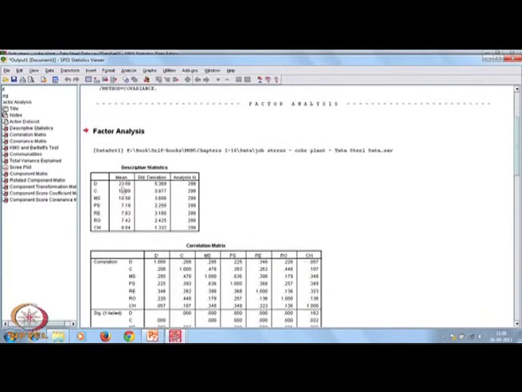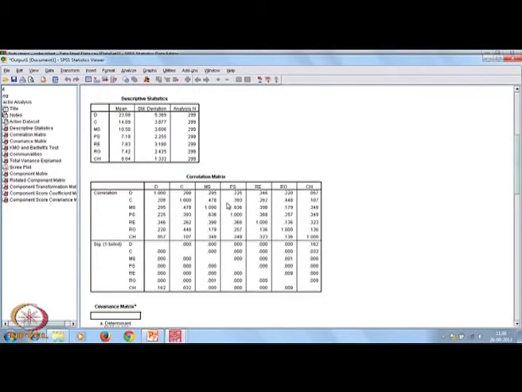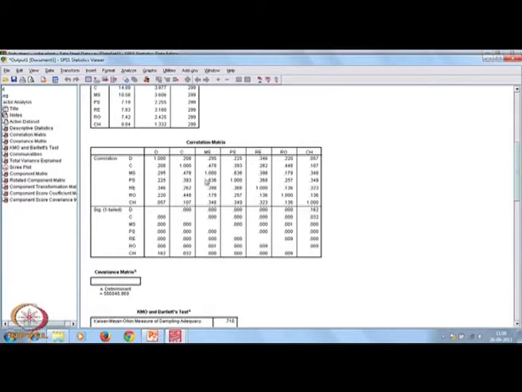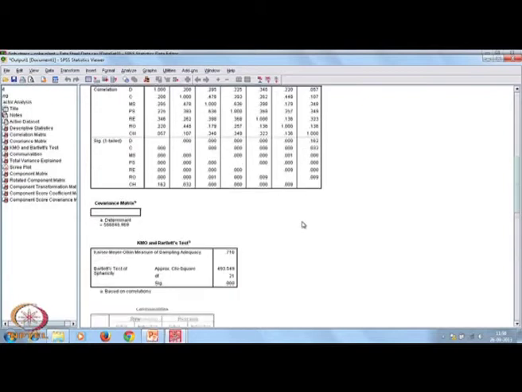Now, descriptive statistics, mean, standard deviation, then correlation matrix is given here. Now, see the correlation matrix first. There are many correlation coefficients which are greater than 0.3. Okay.